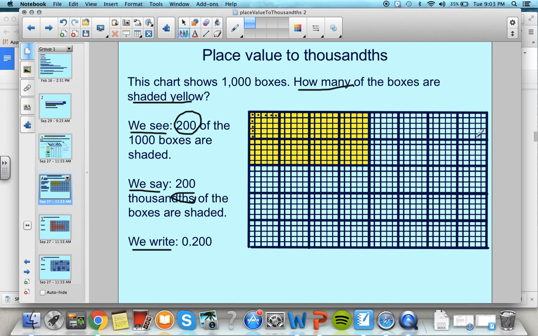Oh, okay, so that means each of these boxes is called a thousandth. That's a thousandth, that's a thousandth, that's a thousandth, even the ones that are unshaded. Thousandth, thousandth, thousandth. 200 thousandths are shaded. So we'd write